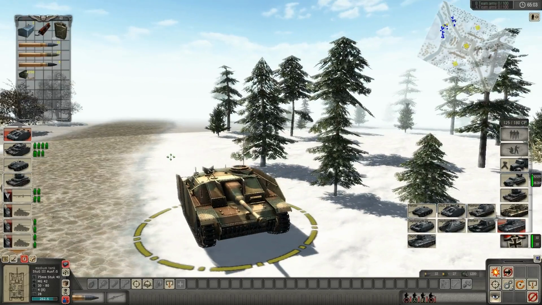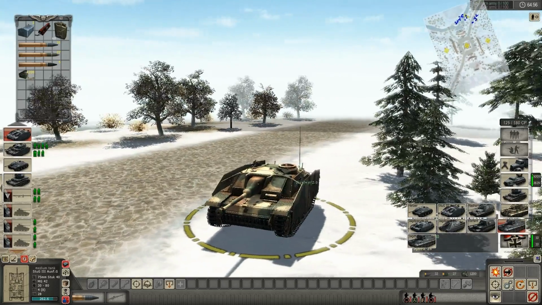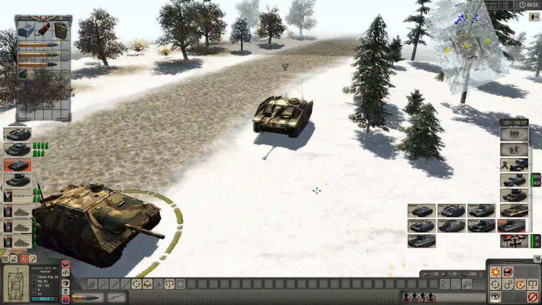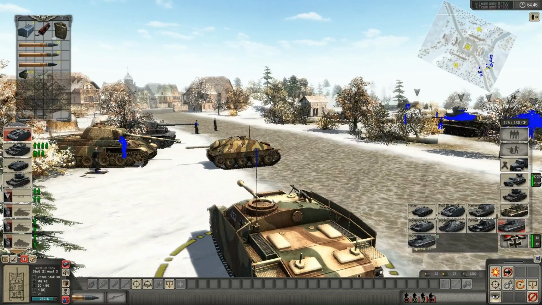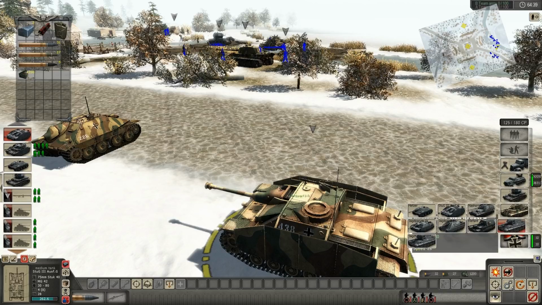Now, 2 places that I typically aim for the tank is up here and down here. It's fairly easily tracked compared to the other tanks, and has a problem with the superstructure in that if you hit it near the top, sometimes it will use the top armor value instead of the front armor value, and